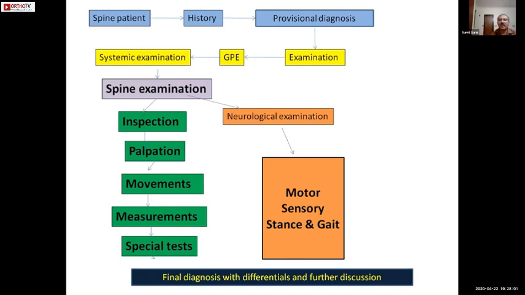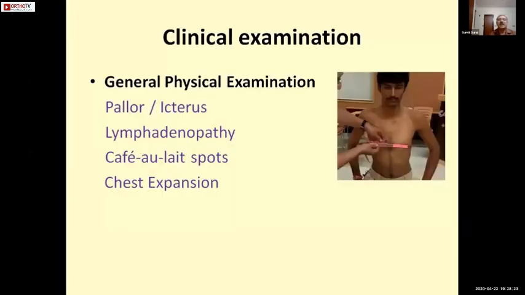in lying down position, because sometimes if it's an unstable spine, progressive neurological deficit can occur, then we would not like to examine the spine either in the standing, sitting, or perform movements, or even examine the gait. So having said that right in the beginning, we start with the general physical examination, and it is important not